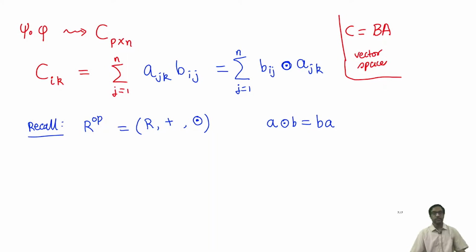It brings things into the same setup as vector spaces. The matrix C is actually the product B times A, but we should just take care to use not the usual ring multiplication but the multiplication in the opposite ring. Okay, so what we have really shown so far is the following statement,